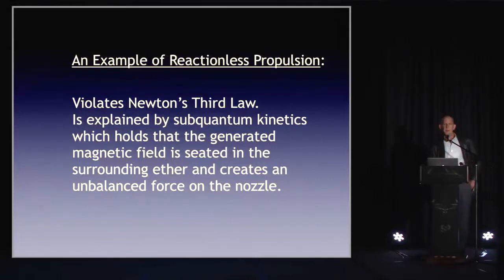So this is an example of reactionless propulsion, and there's a whole array of inventions that deal with reactionless propulsion, even though they violate a major law of physics, which is called Newton's third law. And now, subquantum kinetics,